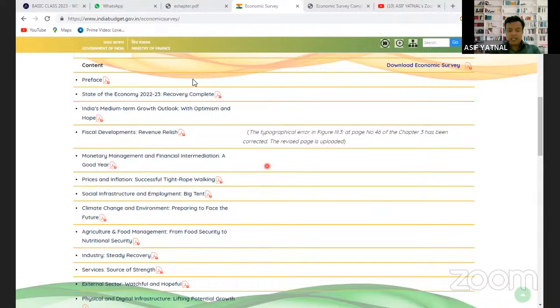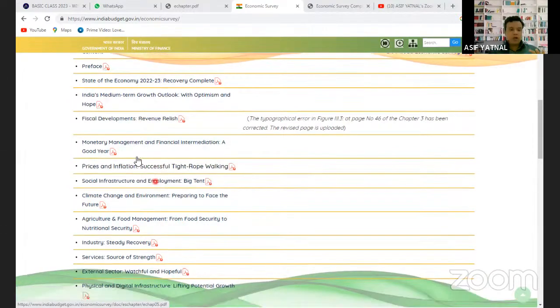So last year's tax collection increased, and now we have to see whether the direct taxes have increased or the indirect taxes have increased. That's what you need to know. By reading this chapter, you will come to know in which sector the taxes increased last year, whether direct or indirect. That's what you can learn in this chapter, fiscal development, revenue buoyancy. Revenue buoyancy means increase in revenue.